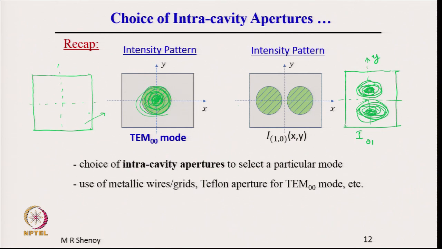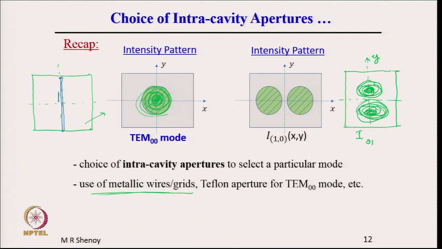If I use a wire, use of metallic wires or grids. So, let me change the color here. Suppose I insert a metallic wire. Why metallic wire? Because metal is conducting and the electric field associated with the mode will see this metal boundary, and the boundary condition is that the tangential component of the electric field must go to 0 on the metal, and therefore, the boundary condition requires that the field should go to 0 here, and